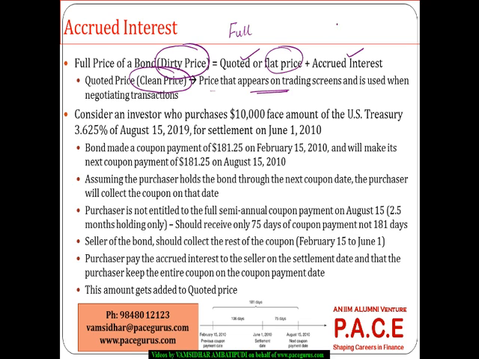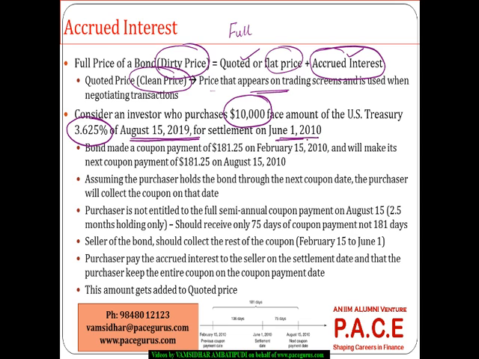So trading screens don't talk about the dirty price or the full price. It's only the quoted price that is there on the screen. And whenever I want to get into a buy or sell transaction of a bond, I have to add the accrued interest to it. Let's take an example, we'll understand it much better. Let's say I have purchased a 10,000 face value of the treasury, which is paying a coupon of 3.625% and maturing on August 15,